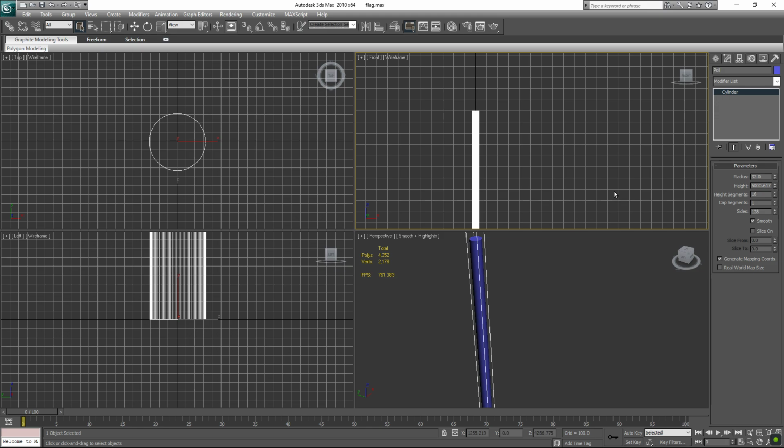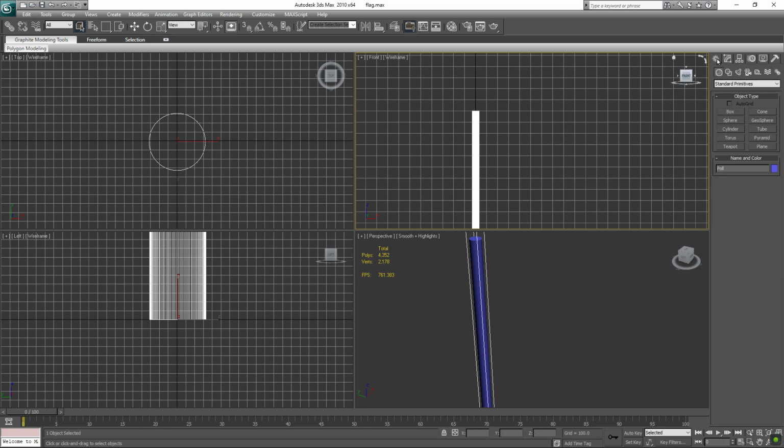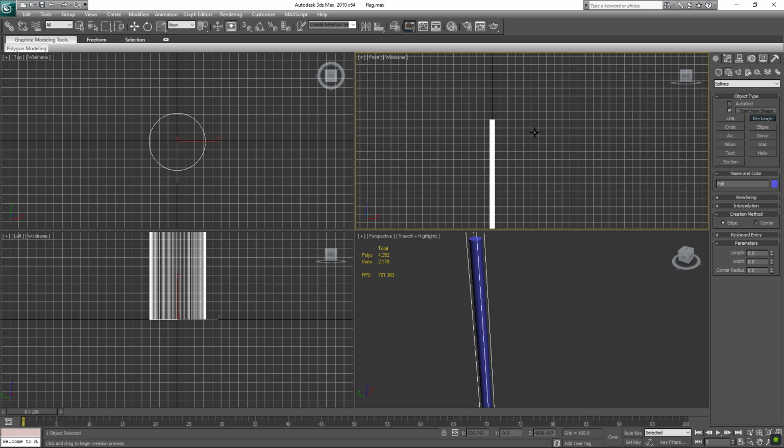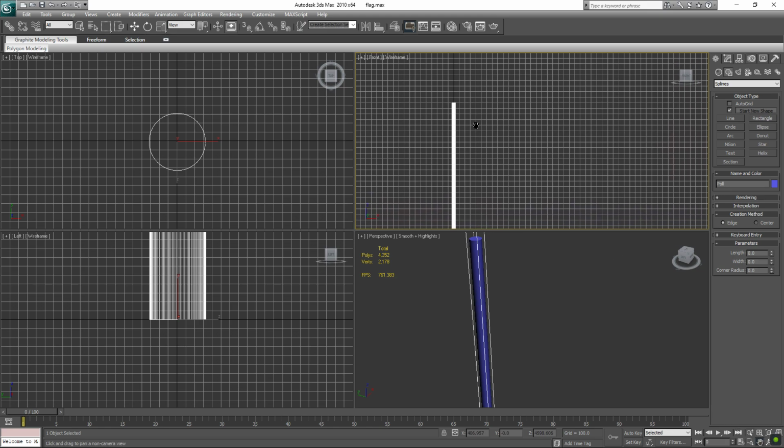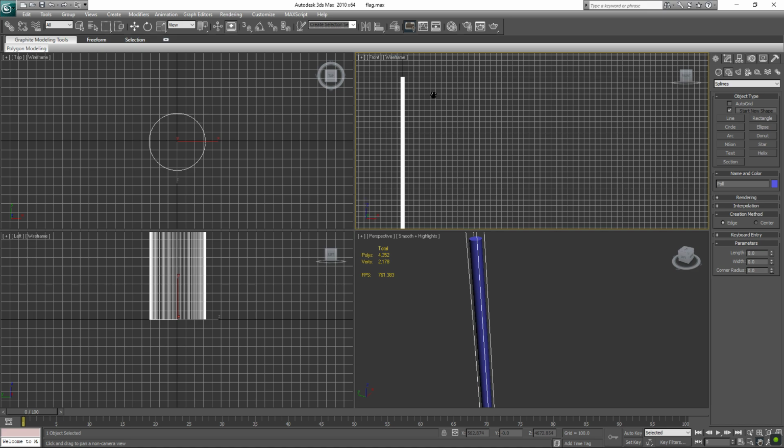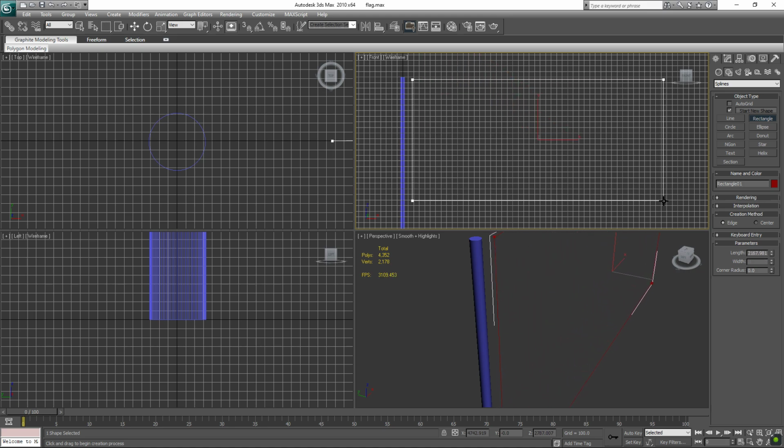Okay, so next we're going to create a rectangle. I'm going to click the Create tab. Under Standard Primitives, I'm going to go to Shapes under Splines, Rectangle. I'm going to click Rectangle. Okay, and zoom out a little bit right here in the front viewport, then right button and hold left button, draw the rectangle about like that,